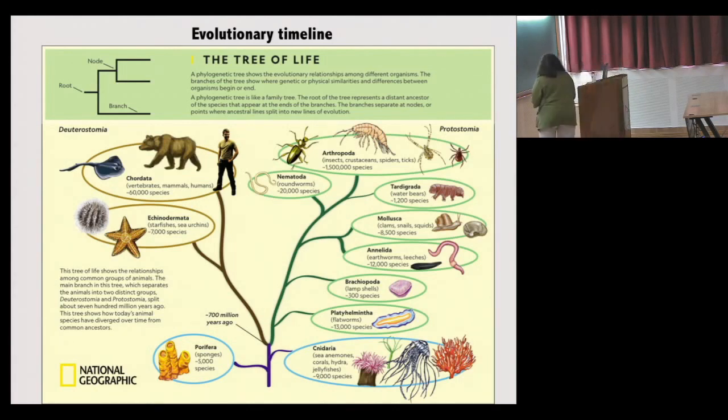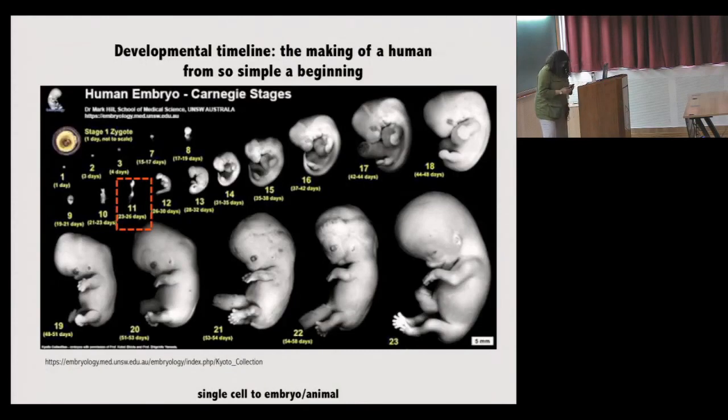What I'm going to speak about for most part is this timeline, which is the developmental timeline, which is how you make from so simple a beginning, which is the single cell, something quite beautiful and complex, which is the